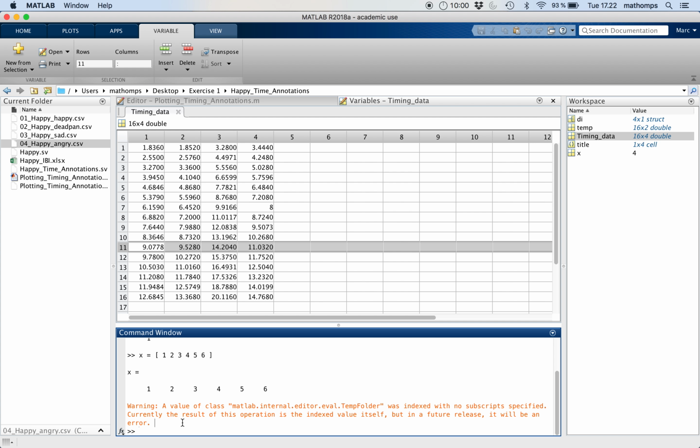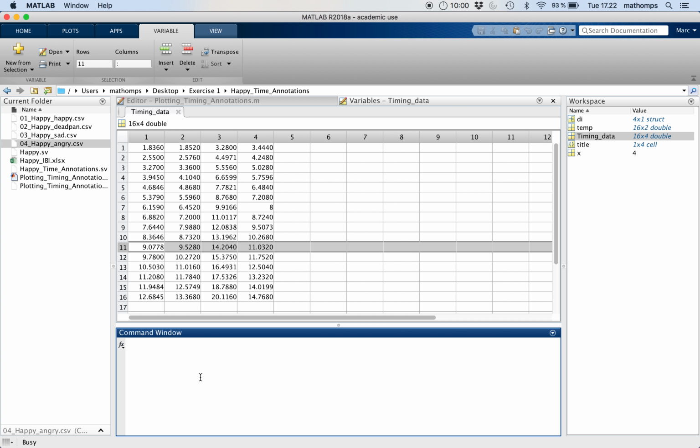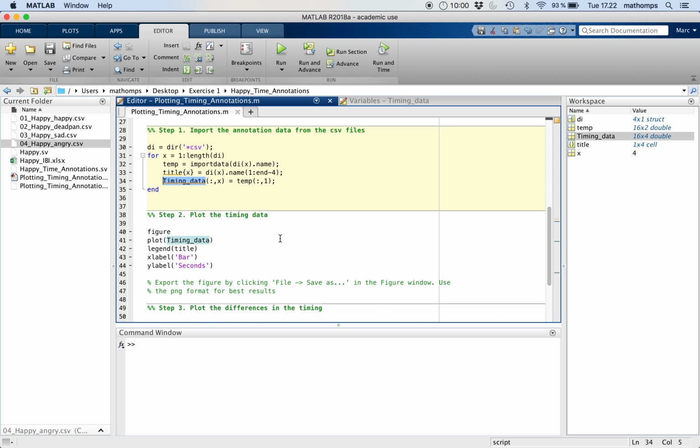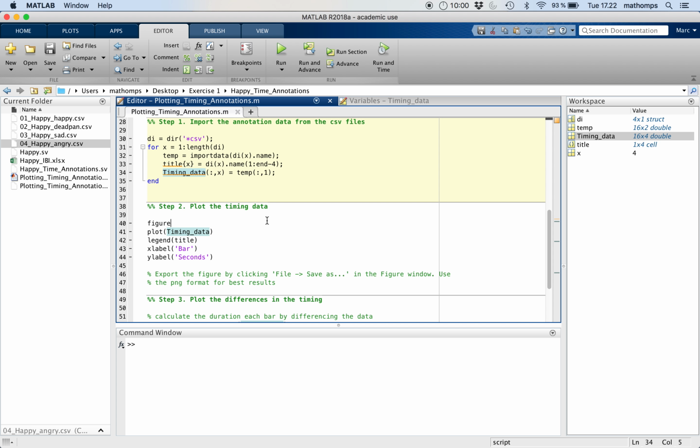Great. So let's clear this command window by typing in clc. You don't have to worry too much about that. And let's go back to the script that I have. Now I've loaded in the data, and I want to plot the timing data. So I can click into this